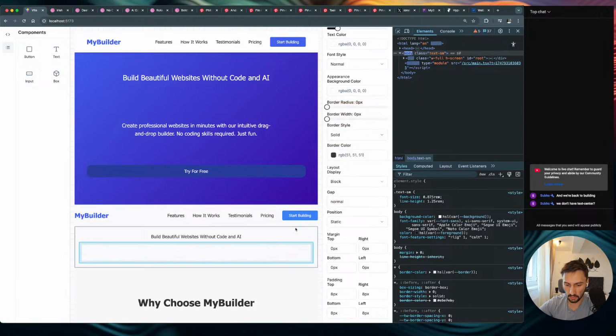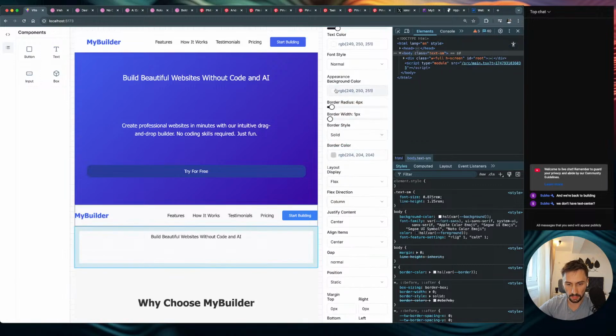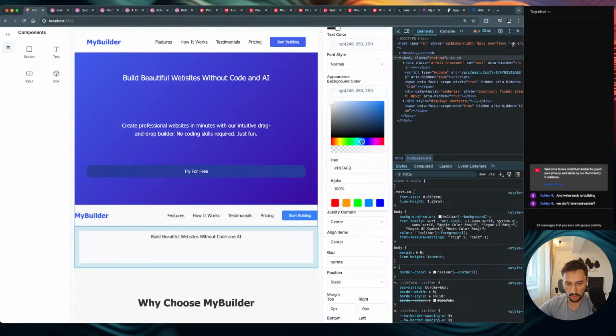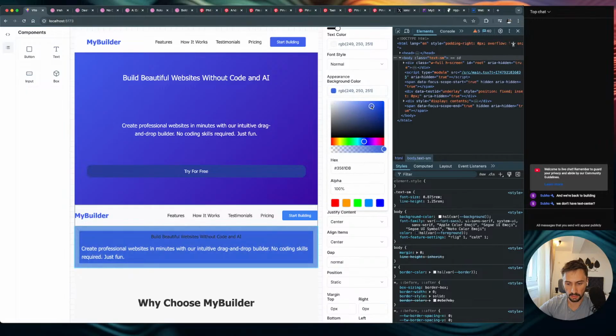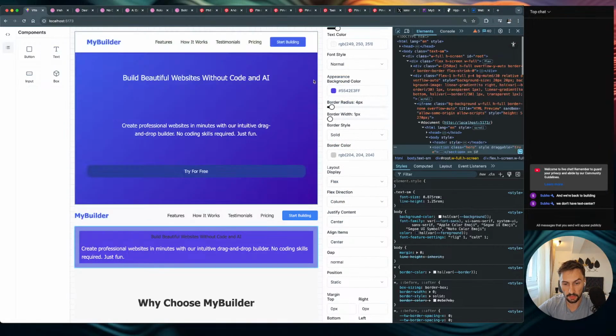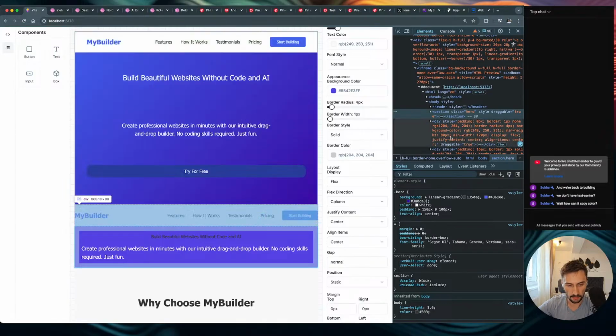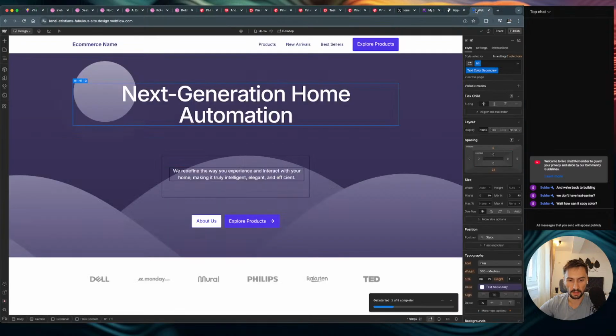I need to change the color of the parent, the background color. So this is what, blue, more like a purple bluish, maybe like this. I think this is a gradient actually. The original one is a gradient, so we need to add, let's see, yes, background linear gradient. So we need to add some sort of a style selector input to add gradients,